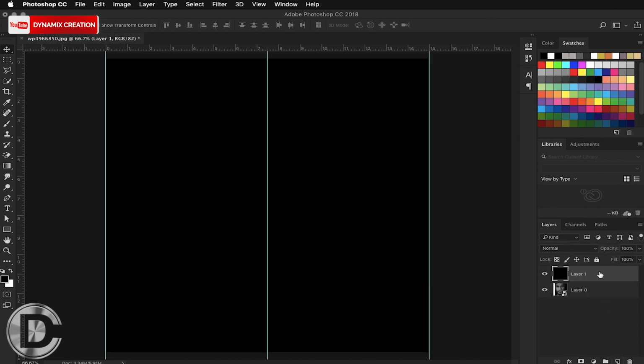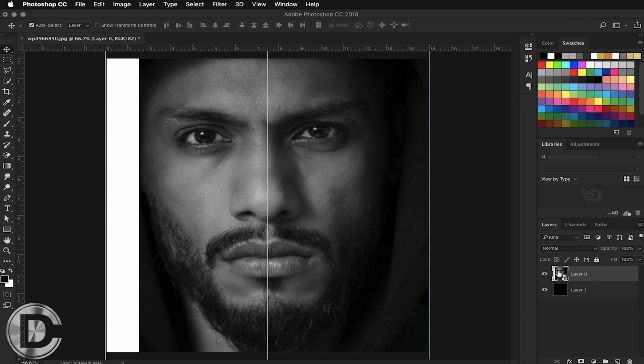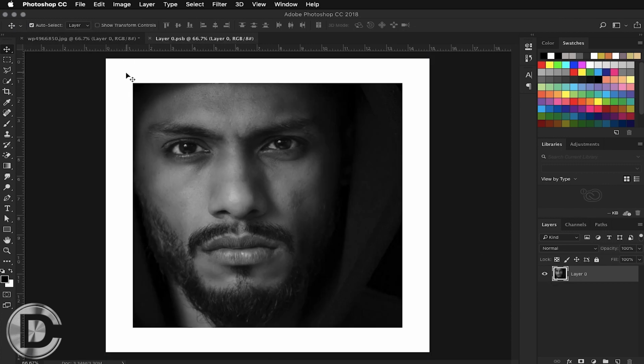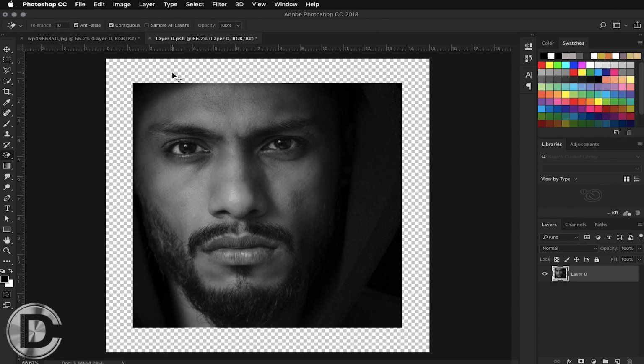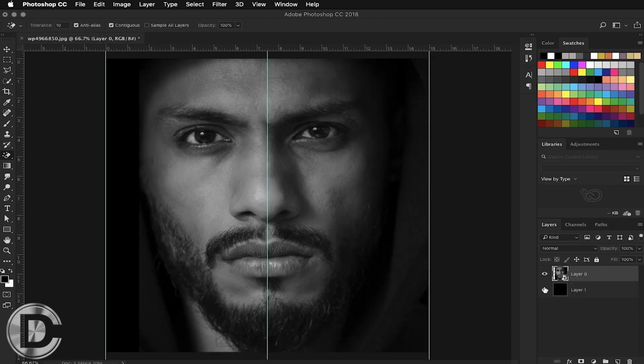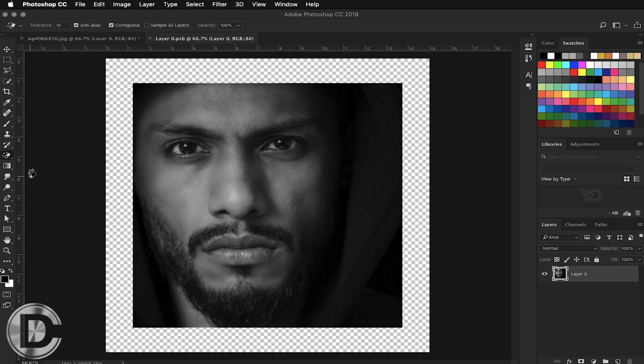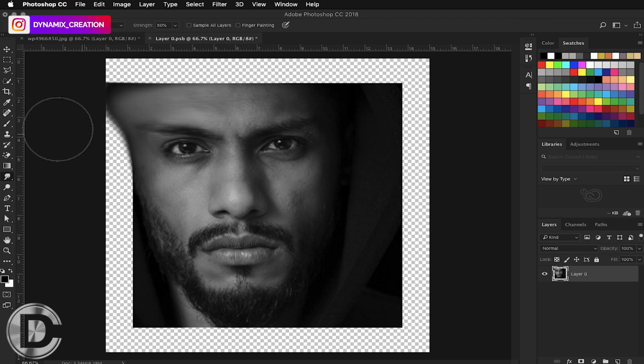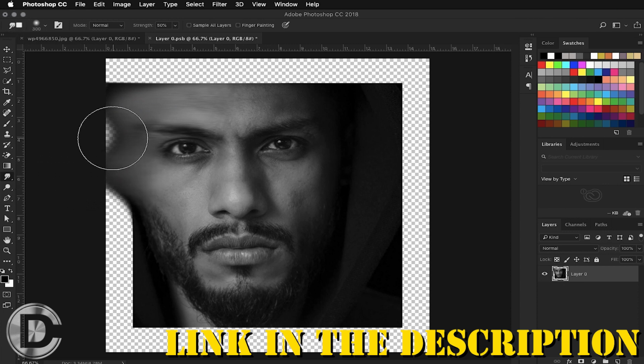By clicking on the smart object layer thumbnail, here I am erasing the white background. Now if you see this space here, this is the space where I want to embed my text. So now what you have to do is just remove the blank area. So how are we going to do that? Use the smudge tool for that, or you can also use Liquify. How you can perfectly use this smudge tool, I have already covered in a video. Link is in the description, you can check that too.